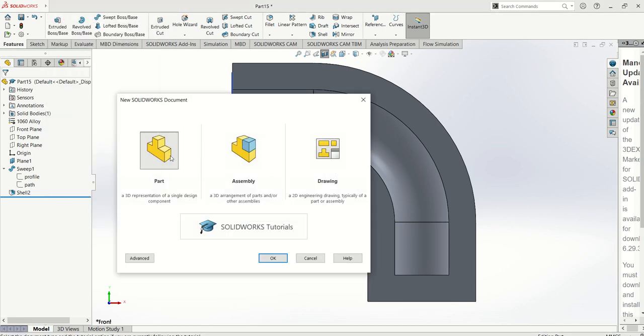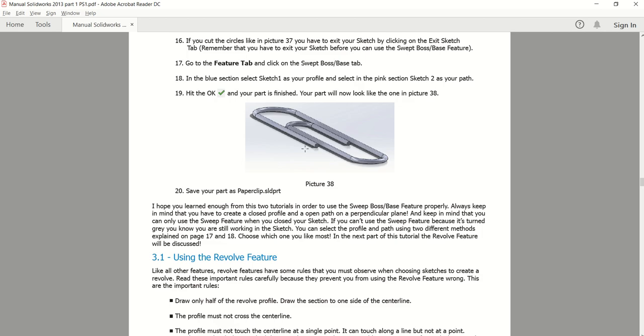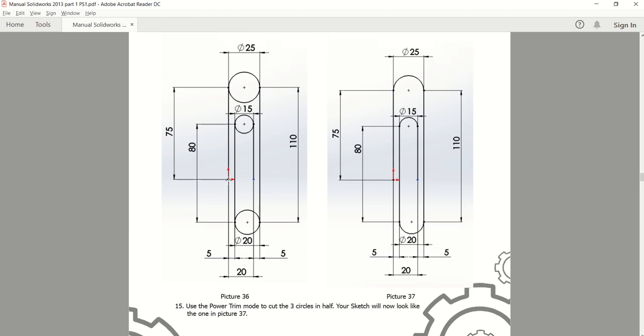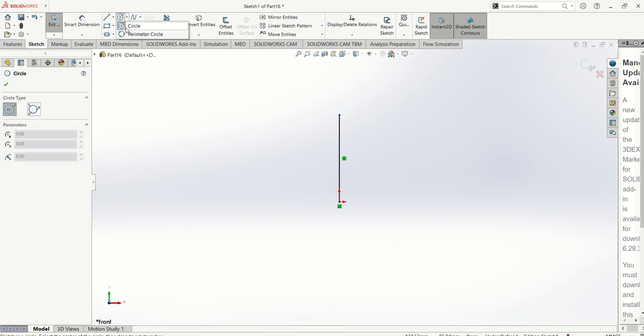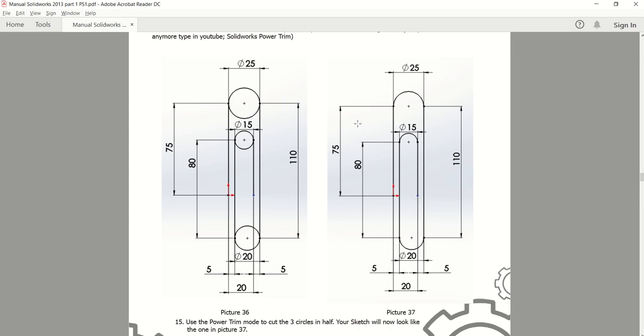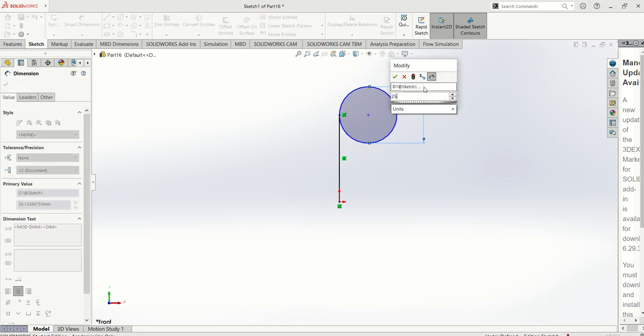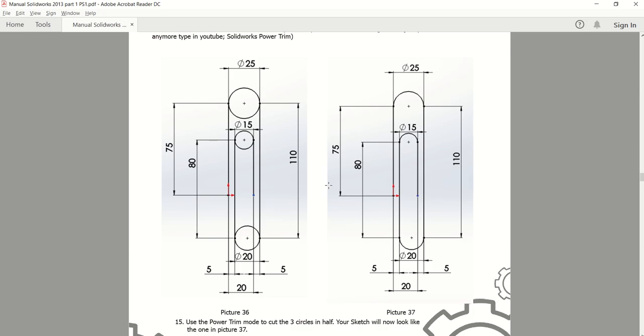So new, then since the measurements are in millimeters, let's go there. As stated in the PDF, it started at this point, so let's create this line here. Let's just follow this one, then just make a circle. In order to make the sketch faster, put the dimensions already, so 75 and 25. Then just make the pattern already, so 75, then make a line again, 110,